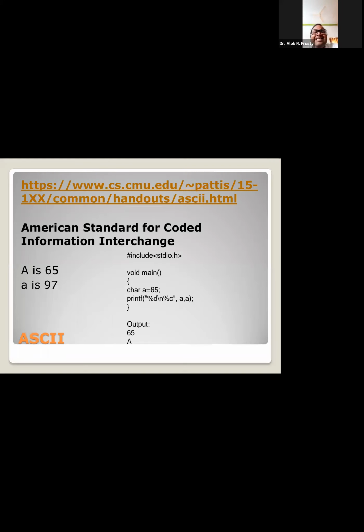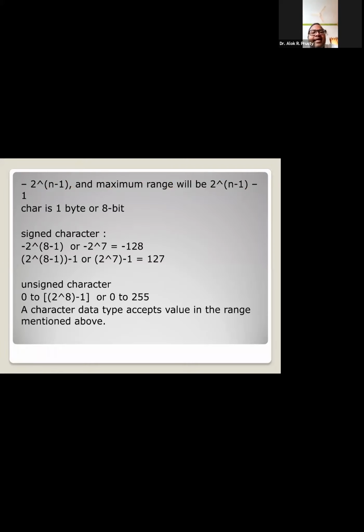There is a standard called the American Standard for Code for Information Interchange, which has given every character or every symbol you can store under the character declaration a particular value. Of course, that value has to be bounded within this range.